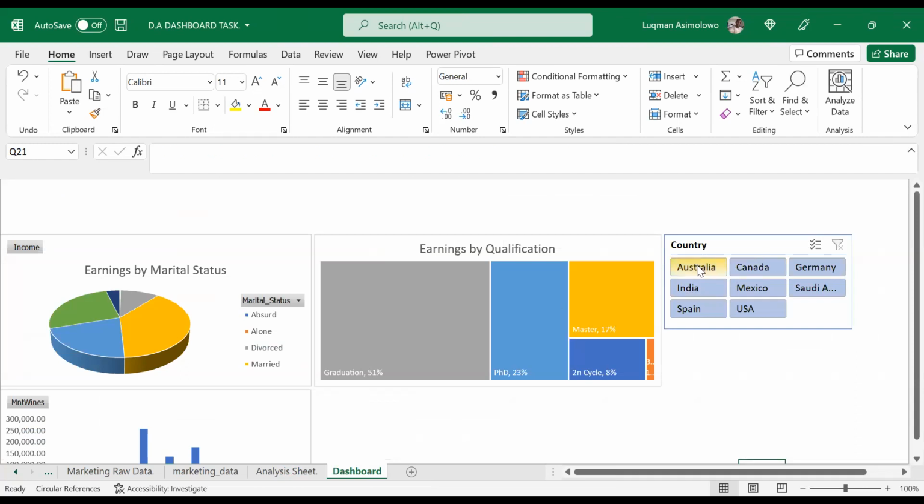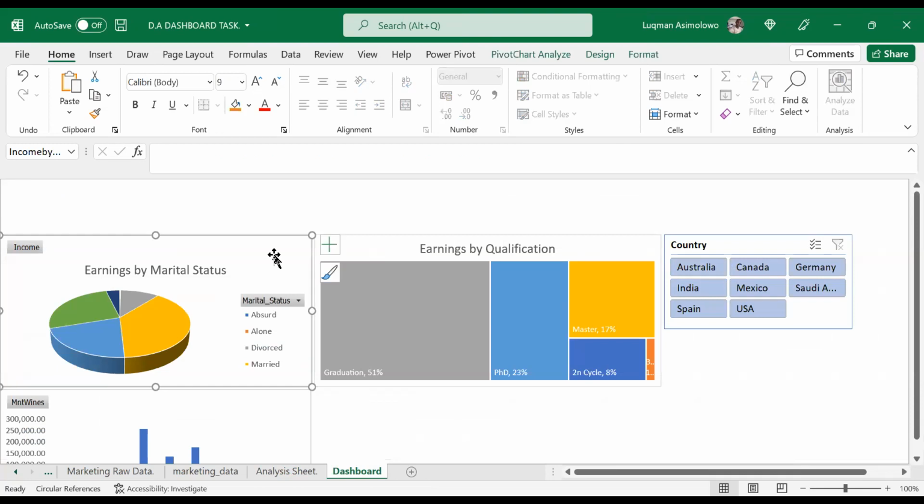My slicer is by marital status. If I want to roll out particular products, these are those that I can target.